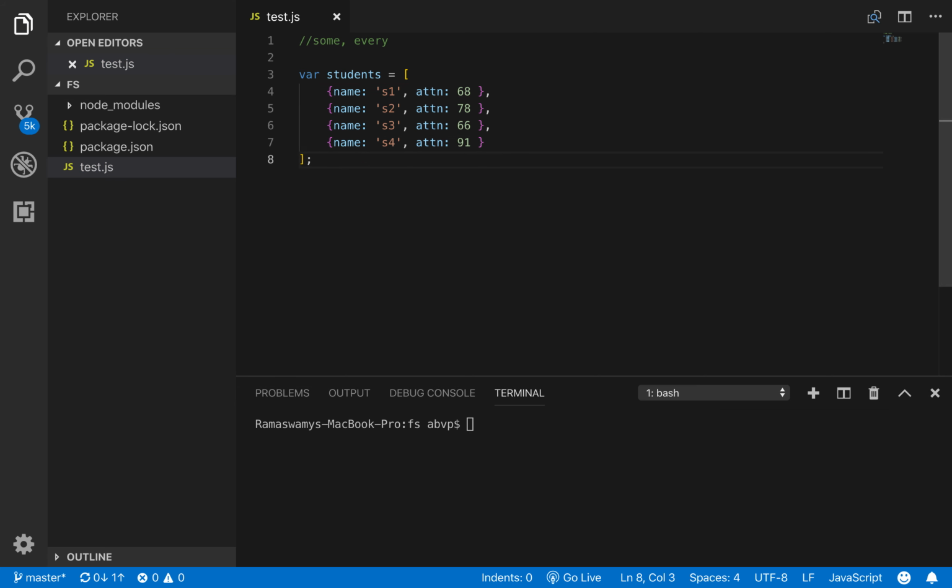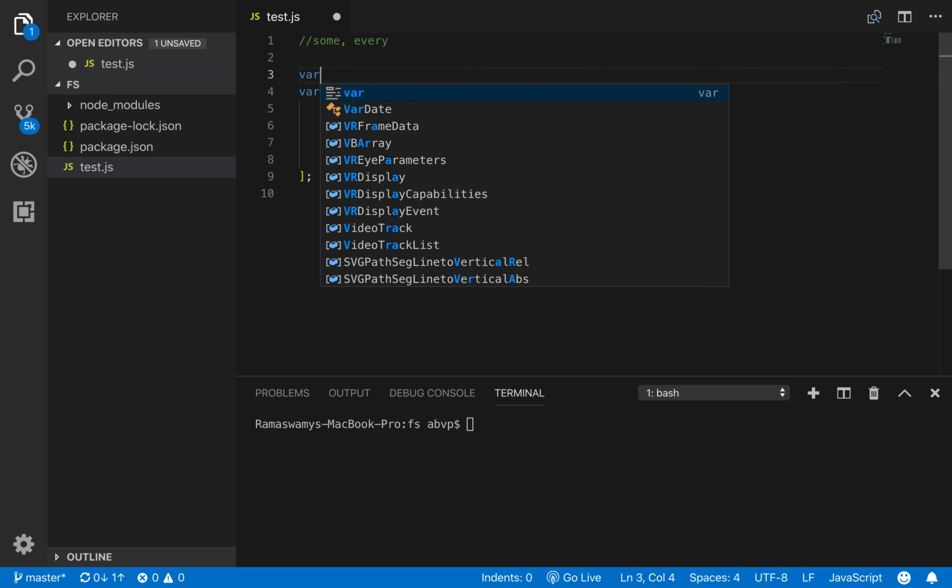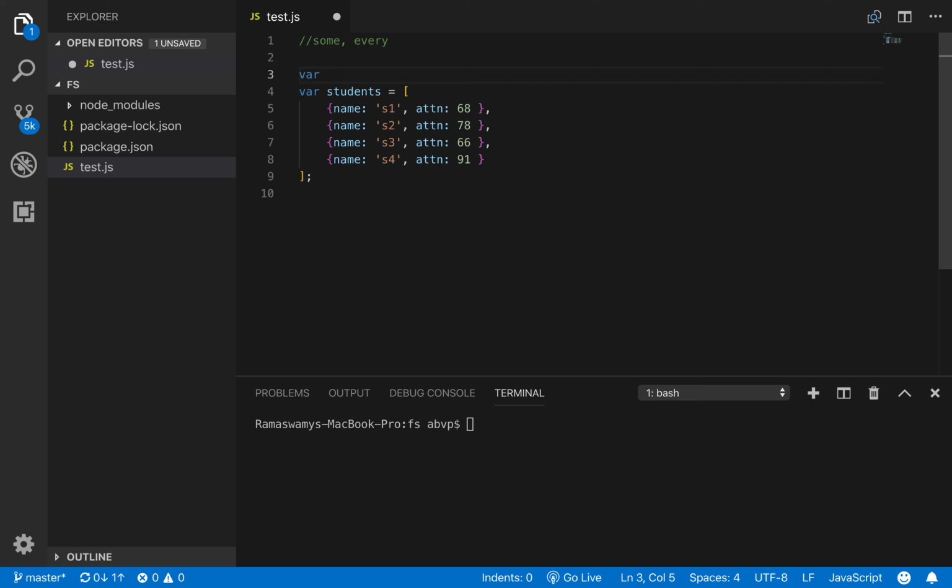Okay. Now let us make use of some and every. So let us pass this particular array to some and every with a condition. So to make use of some, first of all we need to include the library. So let us have variable underscore equal to require Lodash.